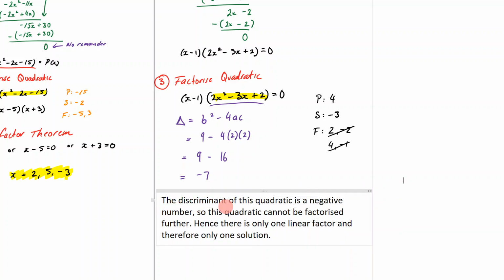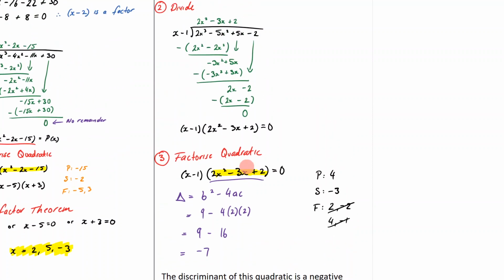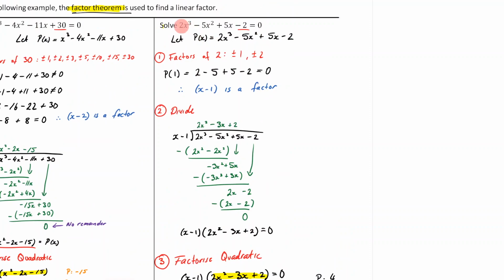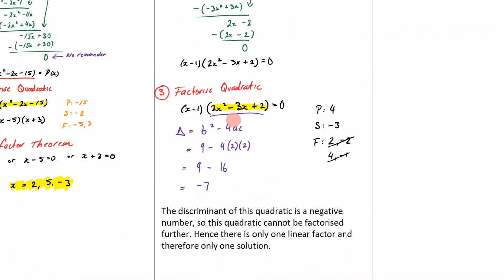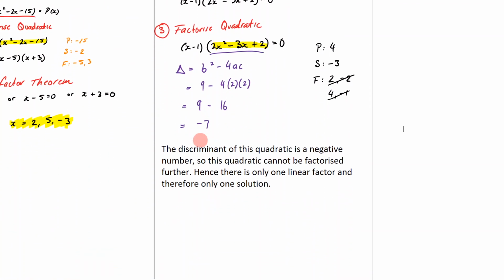It says the discriminant of this quadratic is a negative number. So this quadratic cannot be factorized further. Hence, there is only one linear factor and therefore only one solution. So that means there is only one solution to this right here. And we'll prove that with our discriminant. So that means as we now come to our answer right here, 4, which is using the null factor theorem,